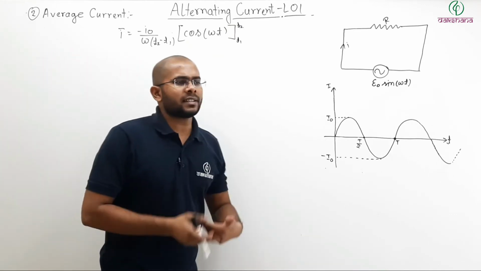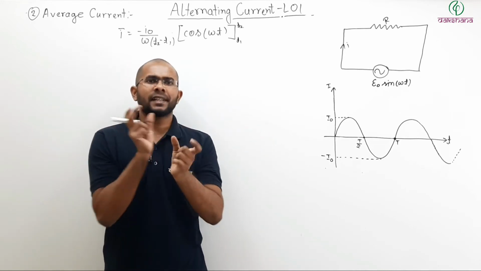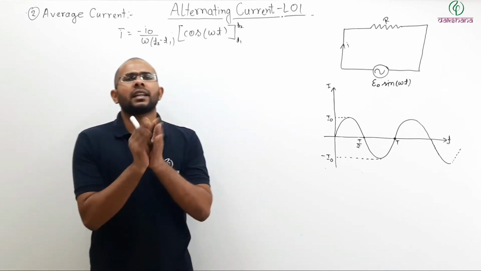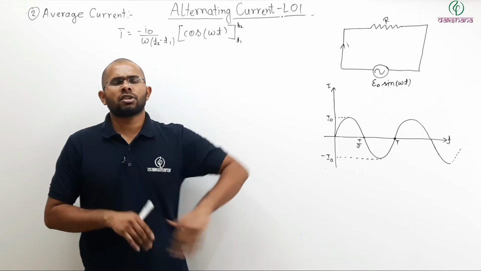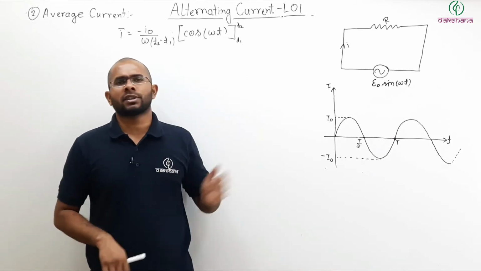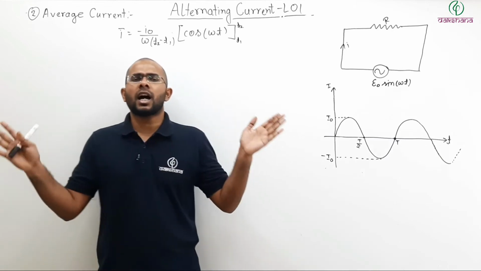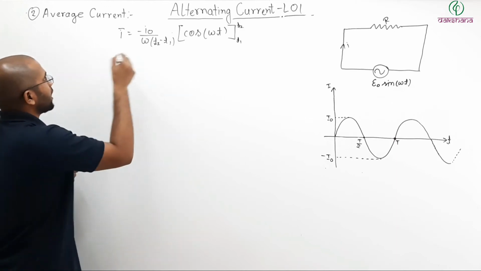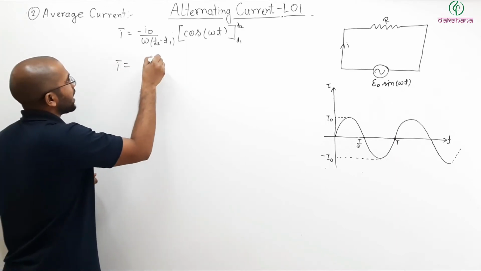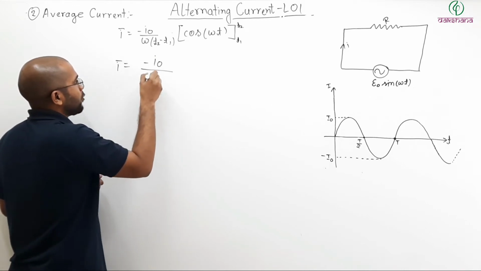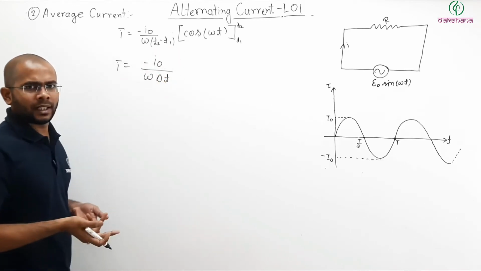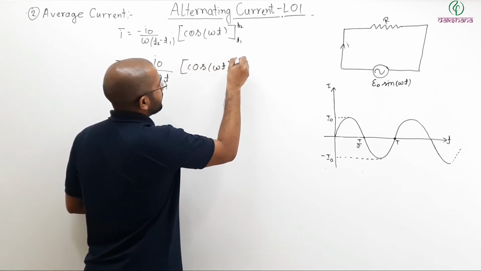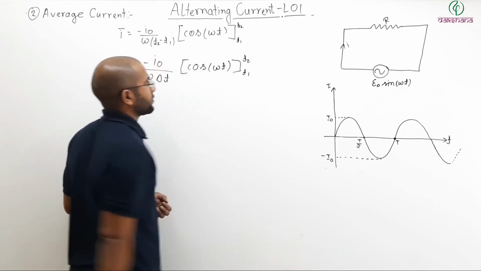Now let us say that my time period, that delta t we are talking about, where I average is nothing but delta q by delta t, is very large. Let us say 100 seconds, 200 seconds, 2 hours, like that. So for a very large period of time, meaning t2 minus t1, this is your delta t, you can also write I average as minus of I naught divided by omega times delta t, times the integration of cos omega t from t1 to t2.